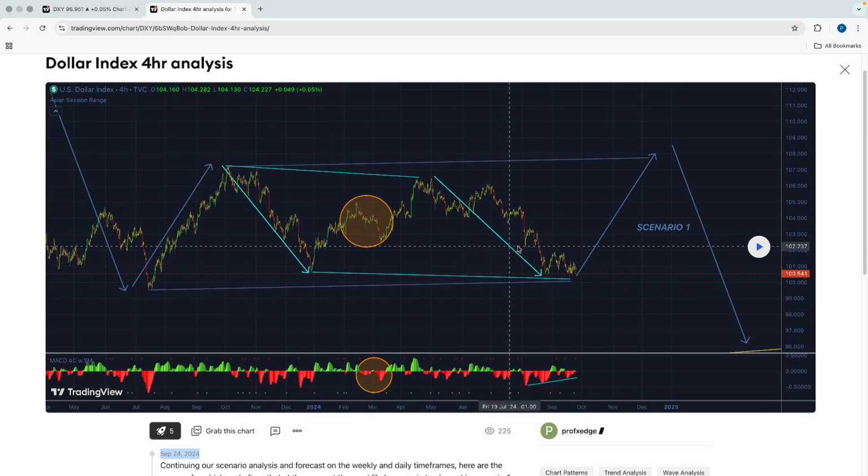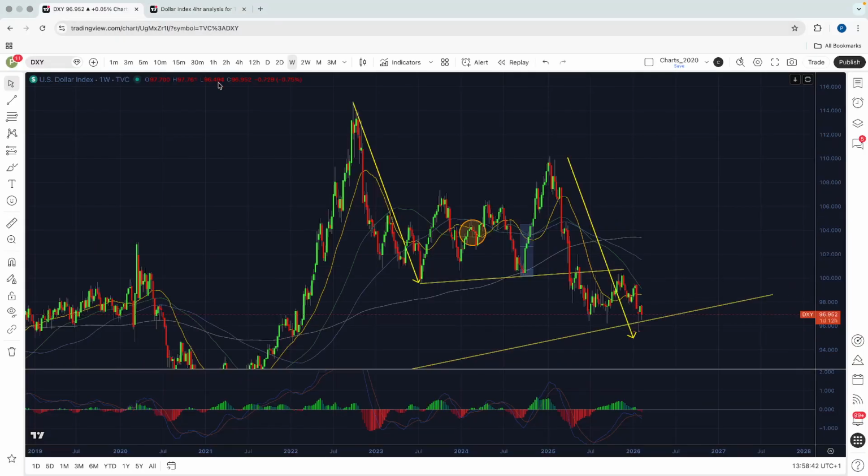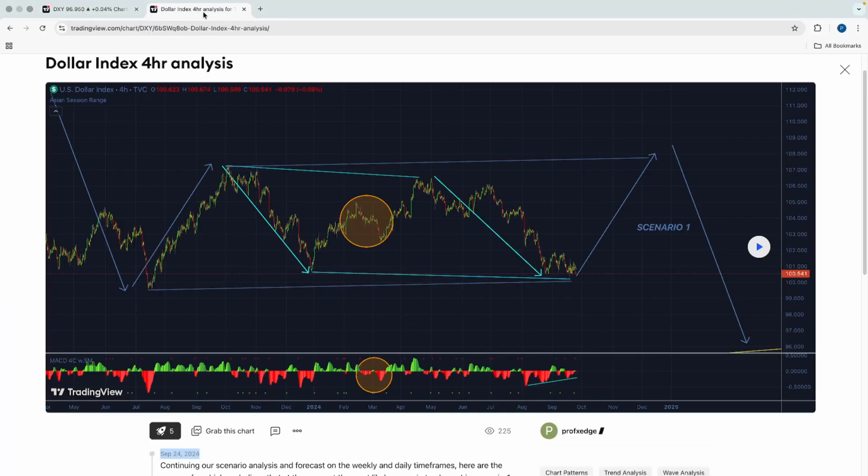Now, we were here, right? This is where I was showing you earlier. Let me grab it. Right here. This point here is this one here, right? So I marked this as the most likely scenario, and I named it number one because there was another scenario. But the important thing is that I